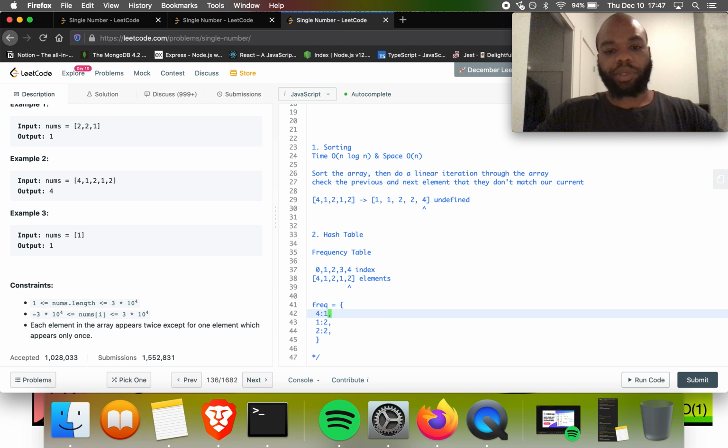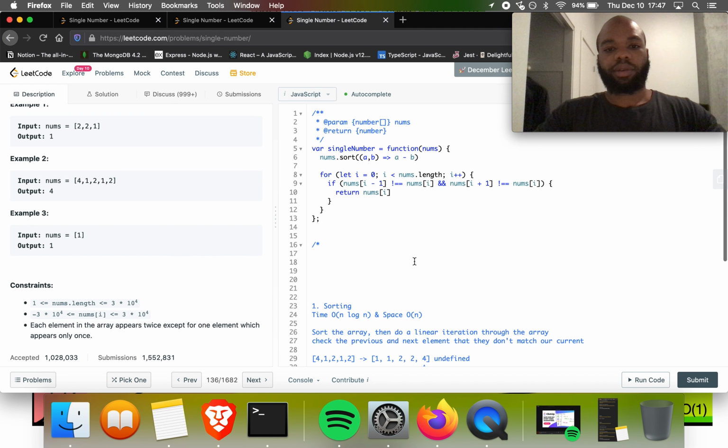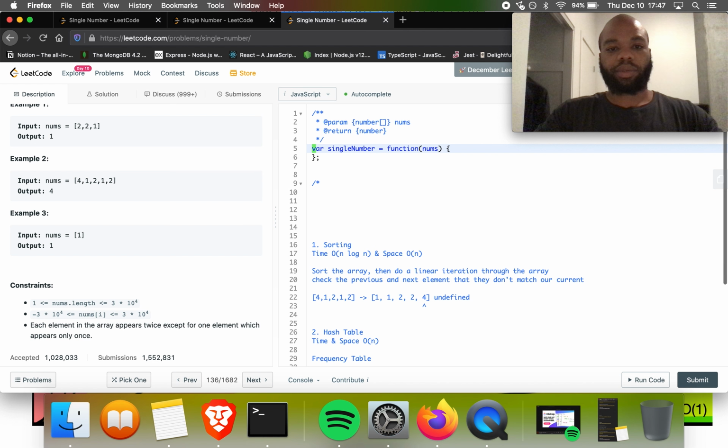Now that we have this frequency table, we can just iterate over it. And when we see the element that's only appeared once, we can return that. So we'll just set our time and space complexity. We're going to be linear. And so if we just wanted to implement that,